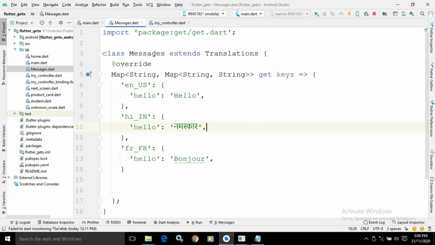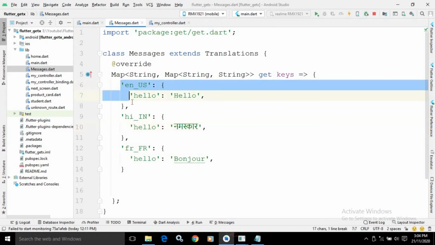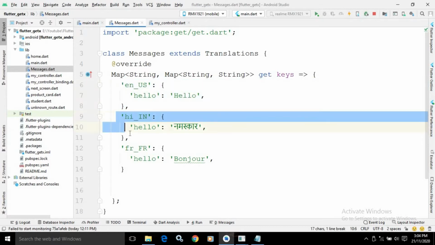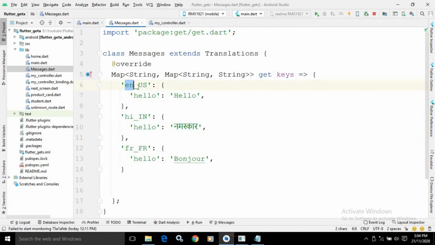Here you can see the class Messages is extending the Translations class, and whenever you extend the Translations class, you need to override. Okay, now in the override, here you can see I have used different keys. For the first one, en_US, en is nothing but the language code, US is nothing but the country code, and here I have written hello, this is the key and this is the value.